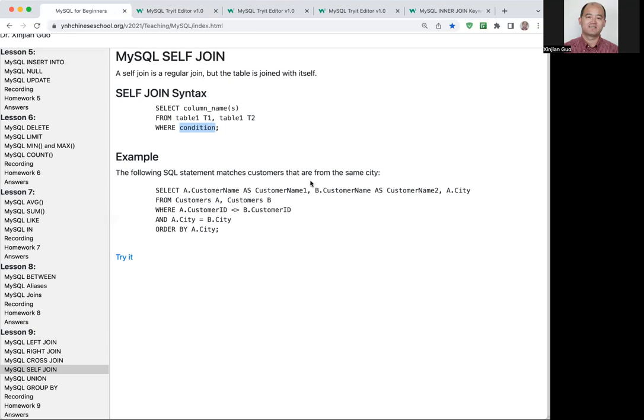Yeah. If you don't use two tables to join itself, then you cannot do it, right? You want to find everyone from the same city. Yeah, you can specify a city name, like select from customers table where city equal to New York or equal to London, something like that. Yeah, that's a regular simple